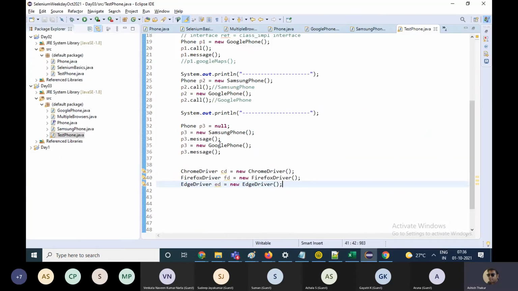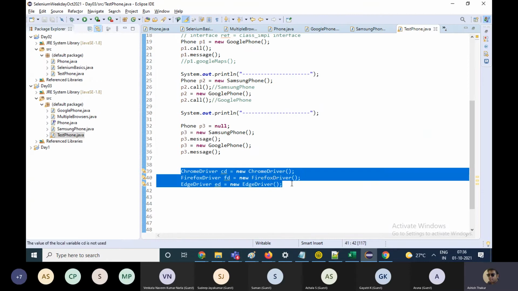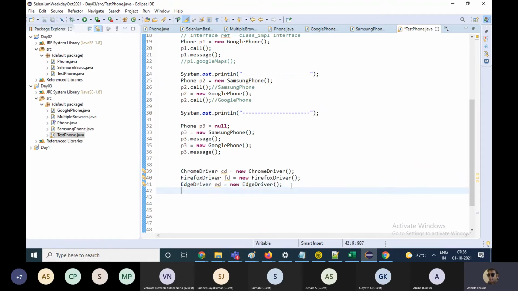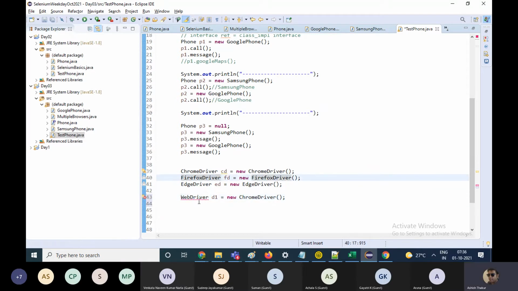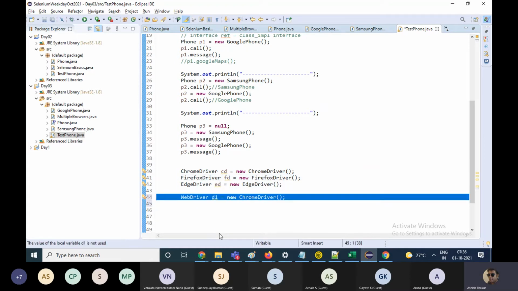Okay, all these drivers are implementing the WebDriver interface. So I can also write like this: WebDriver D1 equals to new Chrome driver. The interface reference pointing towards the class implementing the interface.